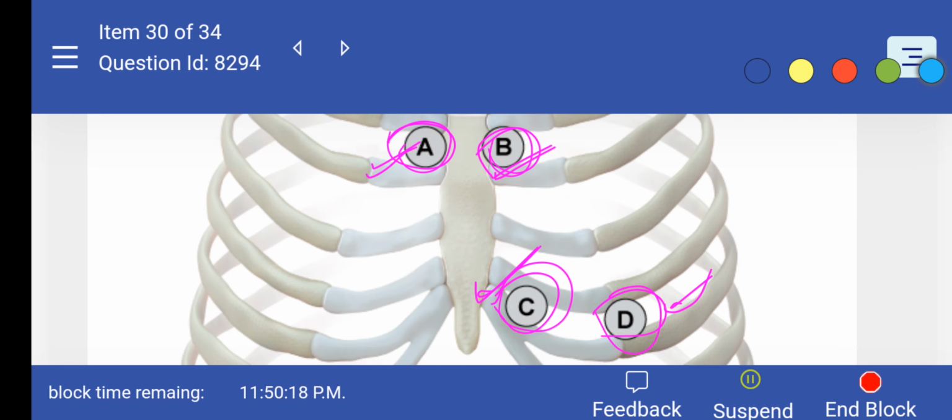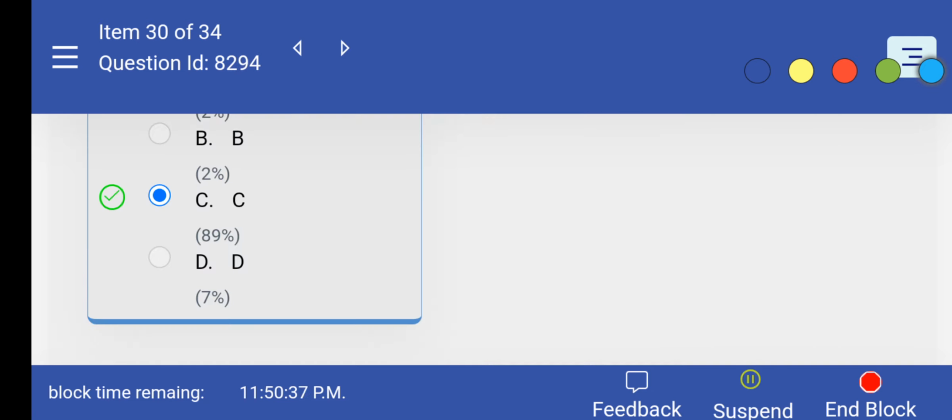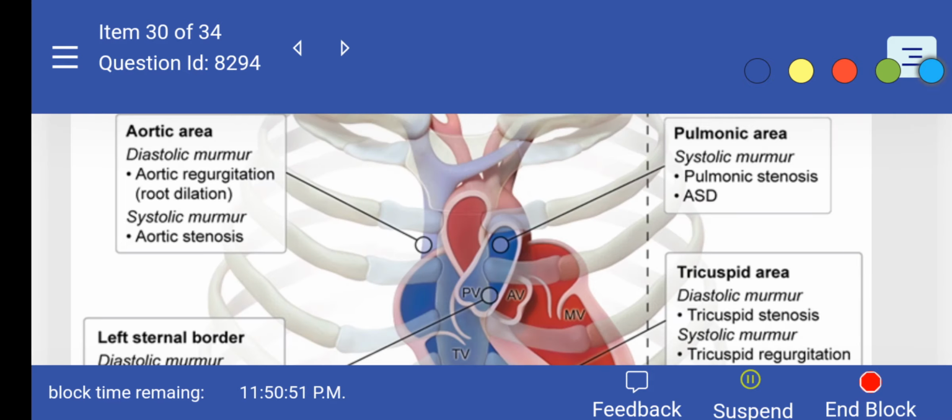The correct answer for this question is option C, right? Because it is the location of the tricuspid valve. Let us see the explanation. So the correct answer is option C. Okay, so these are different areas